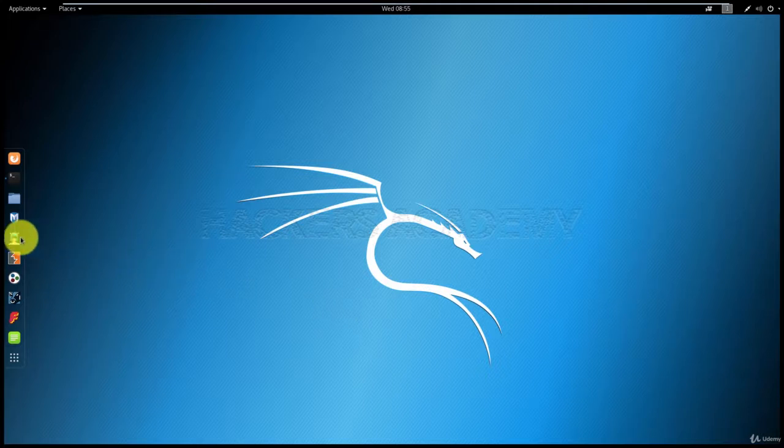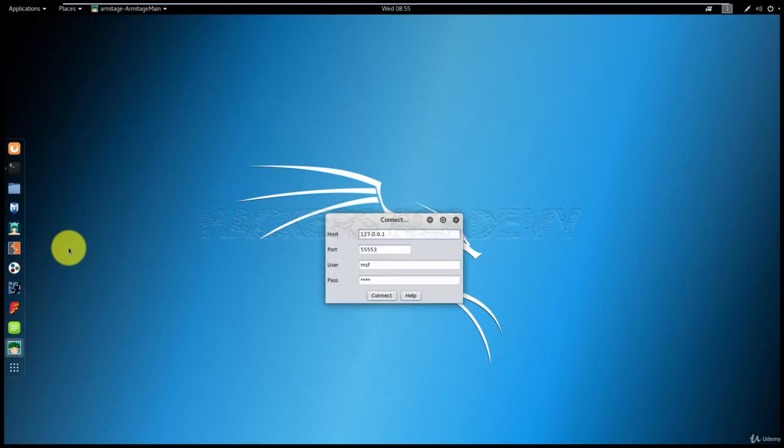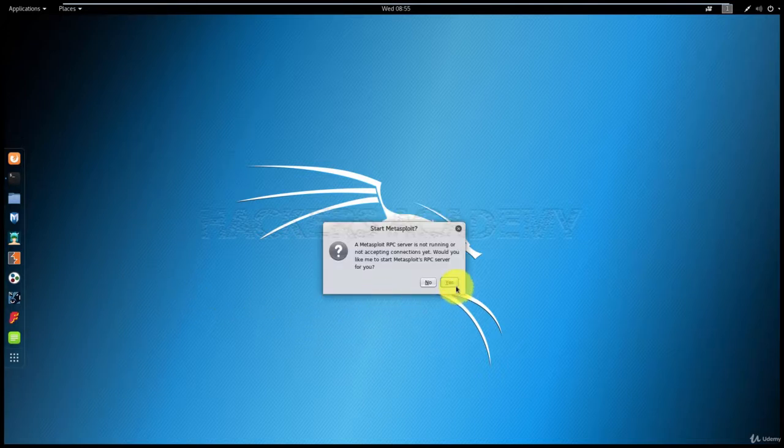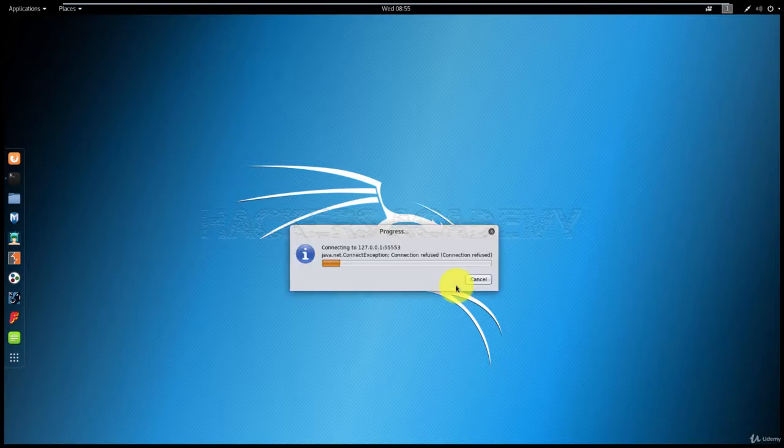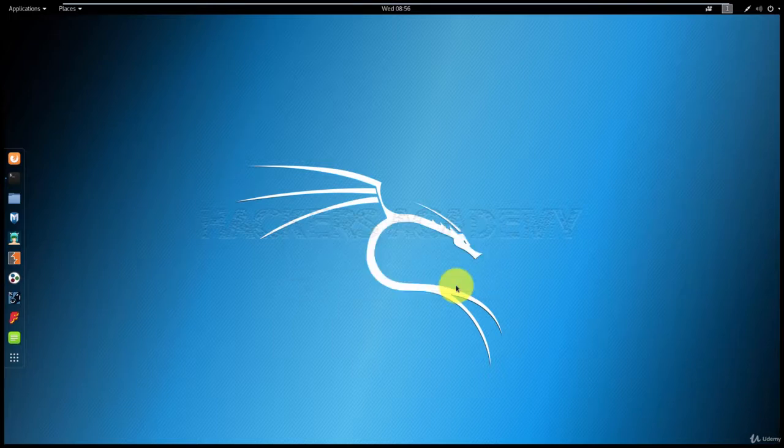Now to fire up Armitage, I can do it from my favorites bar in Kali. All I have to do is click on the icon and then click on connect. If Metasploit server is not running, it'll ask me if I want to run it. I'll say yes, and it'll try to connect to the server. Now what's going to happen is it's going to throw an error that says connection is refused and it cannot connect. Be a little bit patient, this error will resolve itself and the connection will eventually succeed. So just give it a few seconds, and then when the connection succeeds, it's going to fire up the graphical